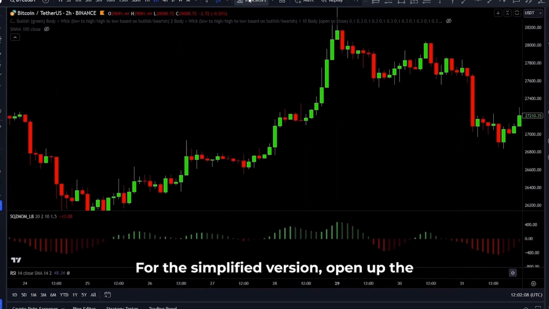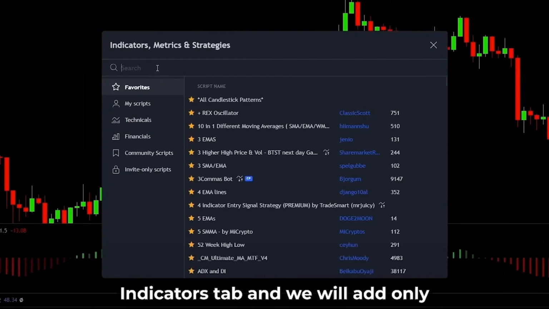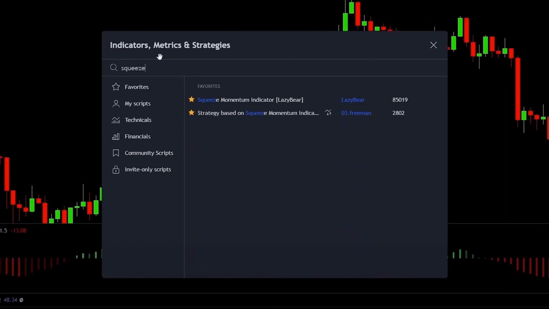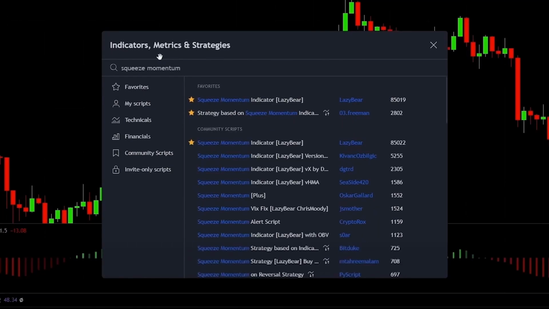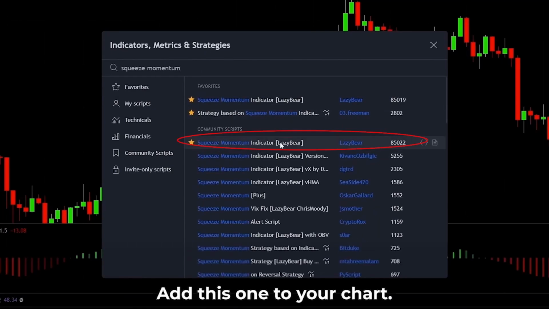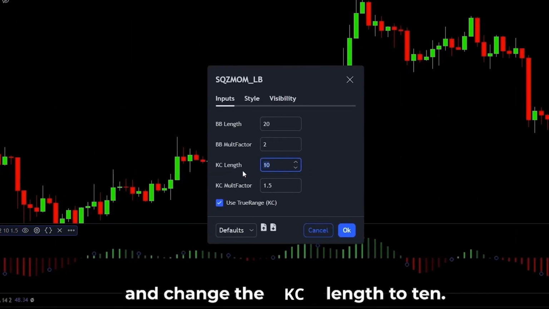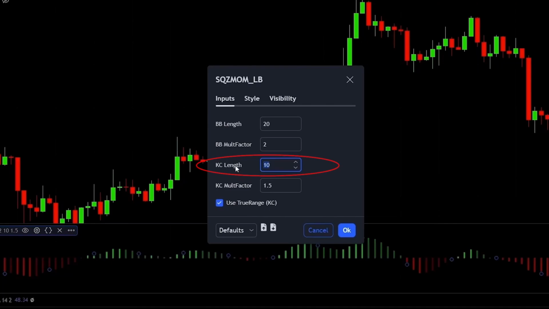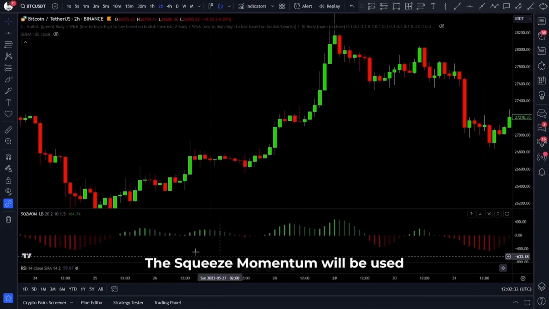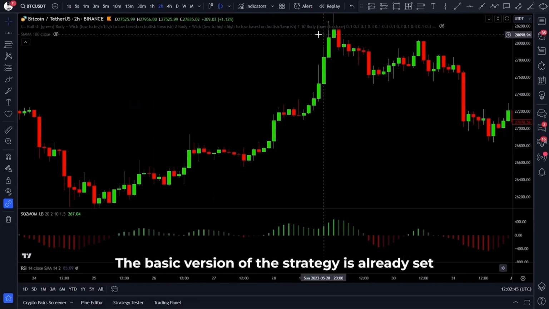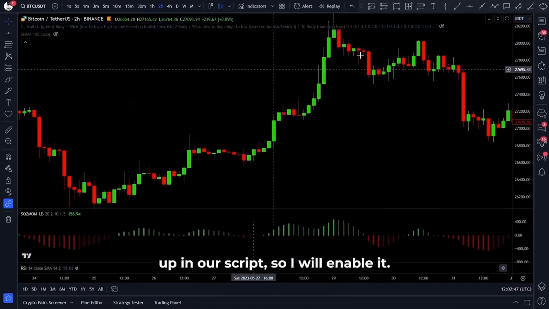For the simplified version, open up the indicators tab and we will add only one indicator, which is the squeeze momentum. Add this one to your chart. Once you got that, open up its settings and change the KC length to 10. The squeeze momentum will be used as an exit signal indicator. The basic version of the strategy is already set up in our script, so I will enable it